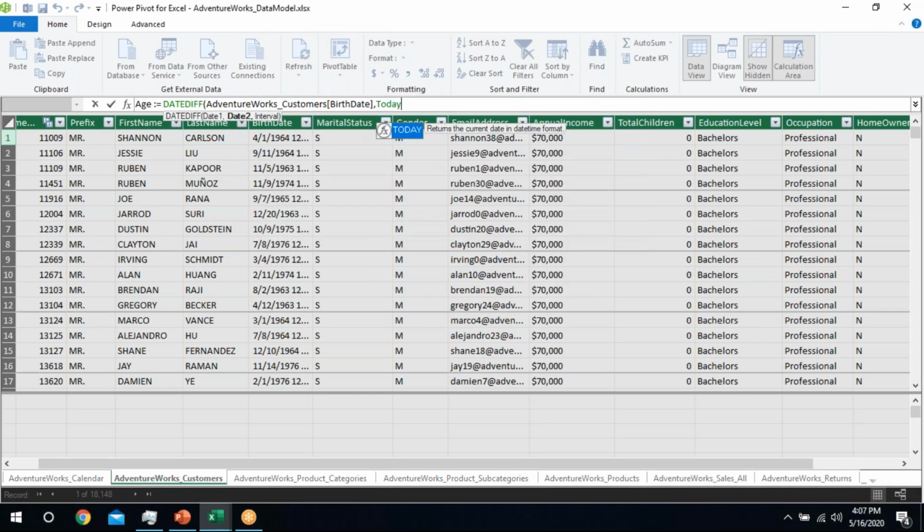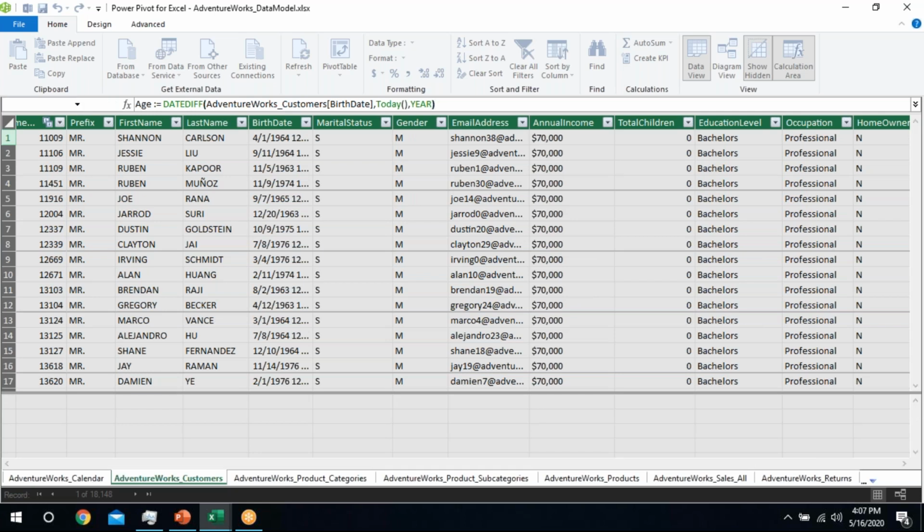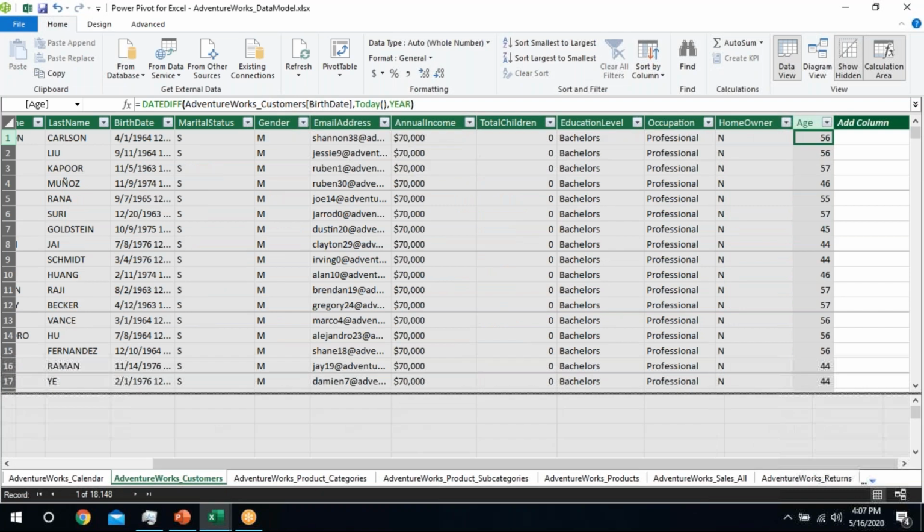Today is my second date, right? Last one, in what category do I want to show this result? I want to know the years of age. And you can easily calculate this age using a calculated column, right?